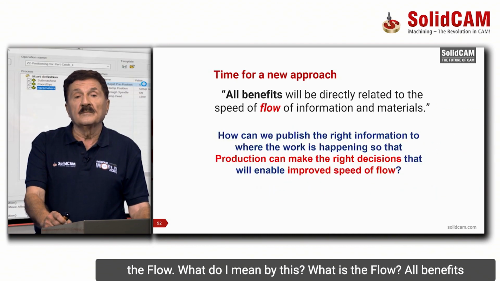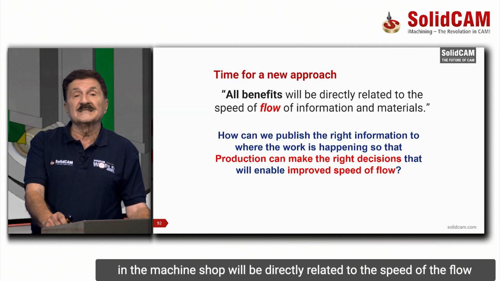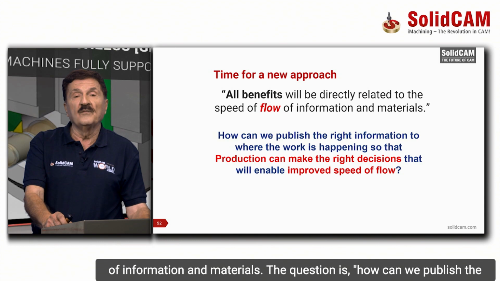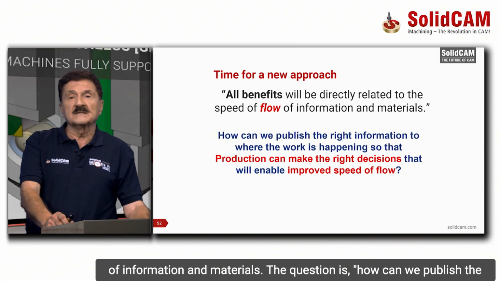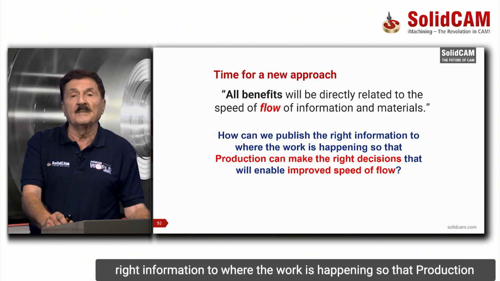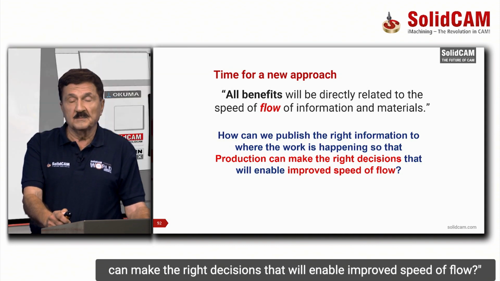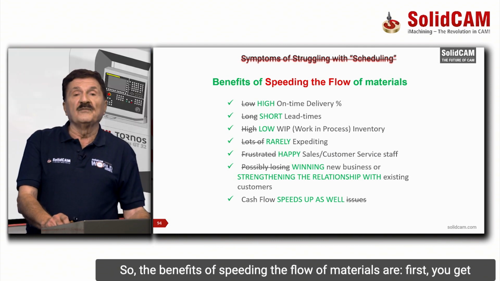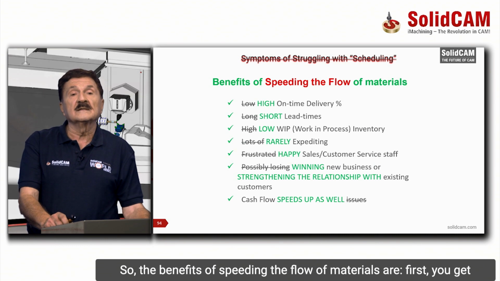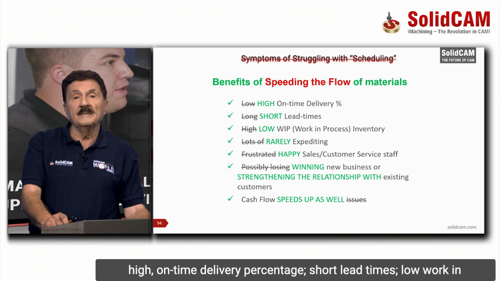What is the flow? All benefits in the machine shop will be directly related to the speed of the flow of information and materials. The question is, how can we publish the right information to where the work is happening so that production can make the right decisions that will enable improved speed of flow? So, the benefits of speeding the flow of materials are, first, you get high on-time delivery percentage, short lead times,